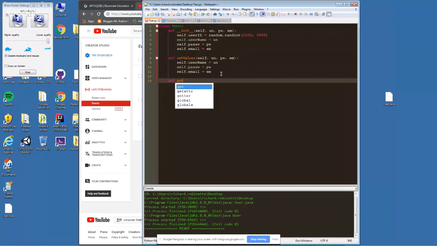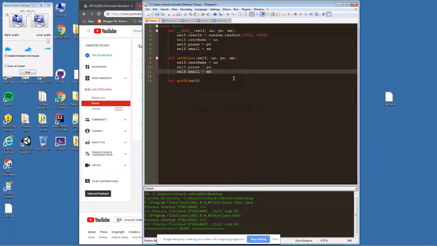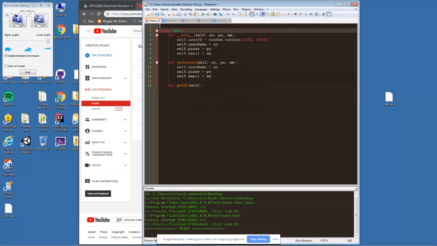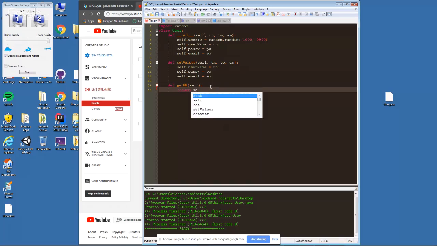Def get for everything, right? Get username. Everything has self. Trust me when I tell you, make sure you include self in everything. I promise you that I will go over what self means in a second. Let's just accept that it's there for right now. Okay, so self, how do we get in? How do we send information back out? We return. We've done this before, right? Self